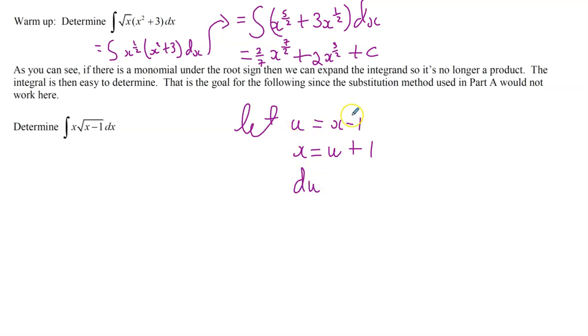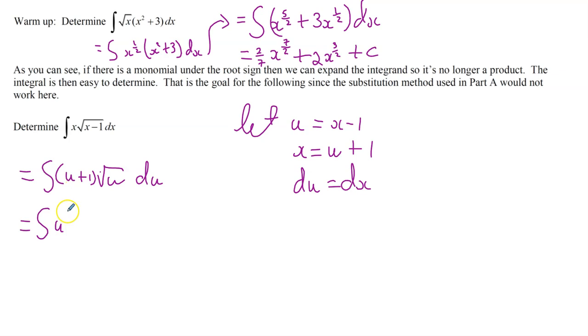Du, that's going up here, right? Du is 1 dx, or just dx. So this becomes the integral of, so x is u plus 1. Root of x minus 1 is root u, and then du. All right, so getting off the edge of the screen. That's u to the 1 half, right? So this will be u to the 3 halves plus u to the 1 half